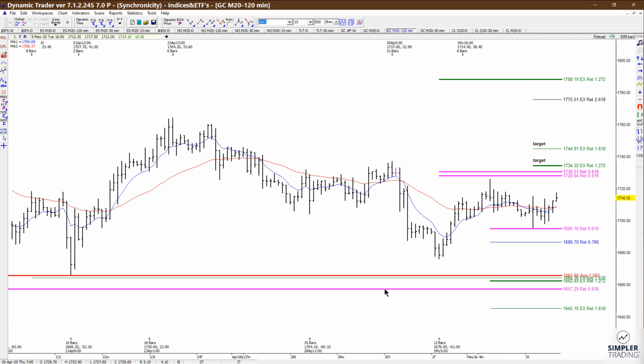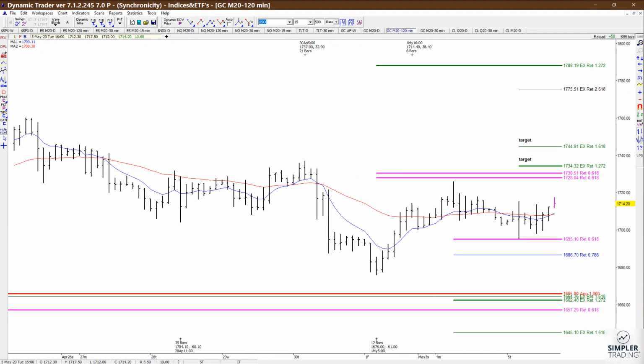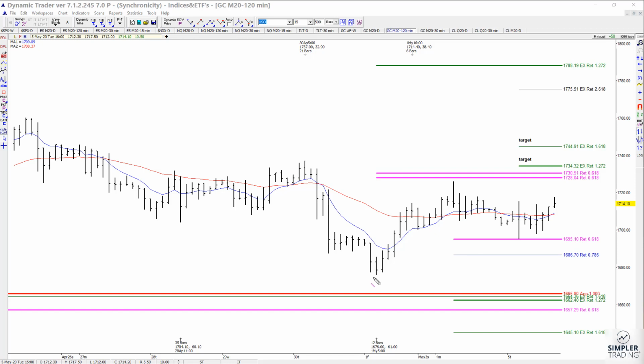Okay, so simply a 618 retracement. After we did see a move off of this area, we did see the moving average crossover. You did take out a prior swing high. What we're watching at this point is this 618 retracement. If we continue to hold above this retracement,